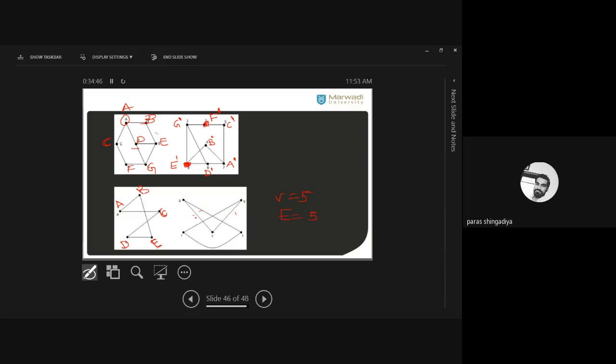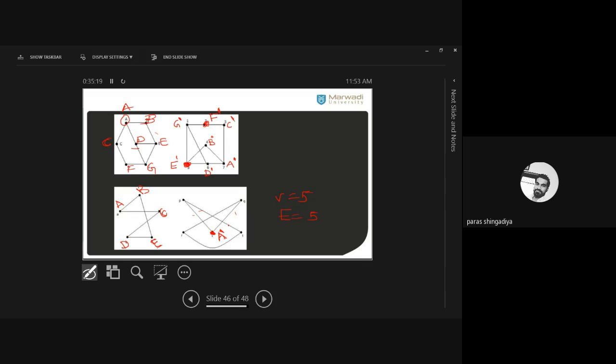It should be degree 2, and it is adjacent with 2 more vertices. Degree also should be 2. ठीक है. So here सभी की डिग्री 2 है यहाँ पे. ठीक है. In the second graph all the vertices have degree 2. You can keep any notation, any vertex as the degree A. Let us say that this vertex is the image of A. You can consider any vertex. As per that you will get another answer.